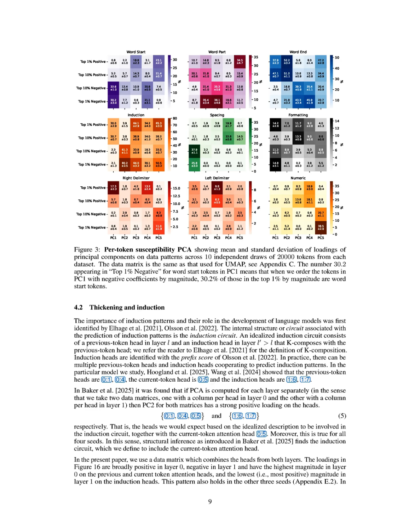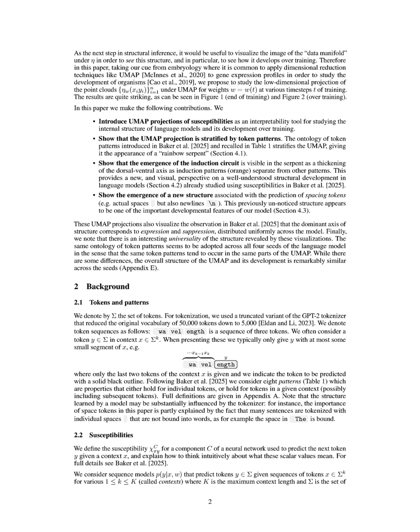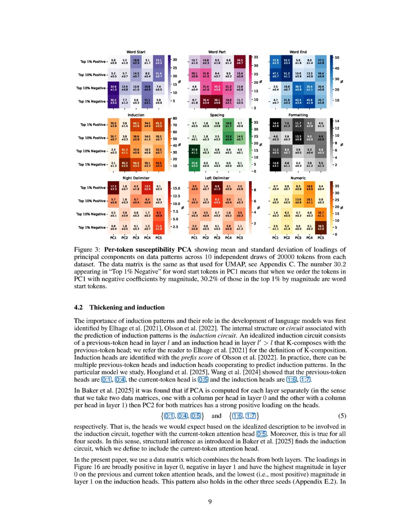Using UMAP for visualizing susceptibility vectors offers significant theoretical and practical advantages over traditional methods. Firstly, UMAP provides a low-dimensional representation that accurately captures local topological properties of the data, allowing for a clearer visualization of how susceptibility patterns develop over training, as evidenced by the stratification of token patterns in the UMAP projections. This is particularly useful for observing the emergence of complex structures, such as the induction circuit and spacing tokens, which may not be as easily discernible through conventional analysis methods. Additionally,